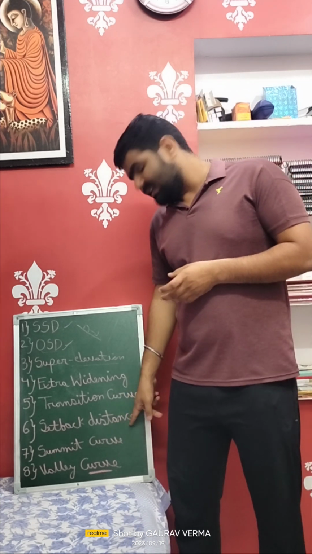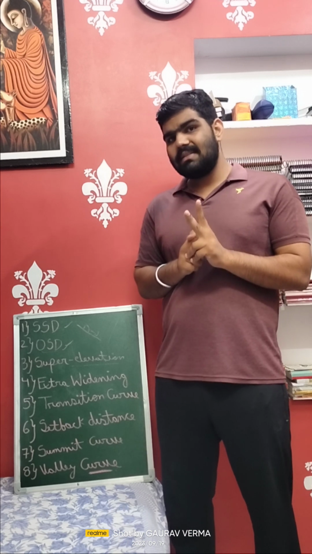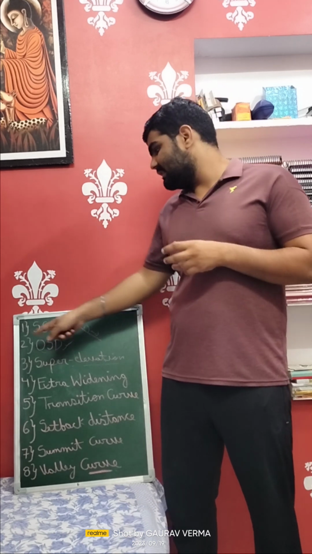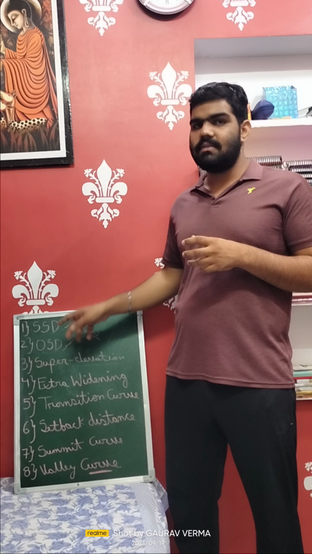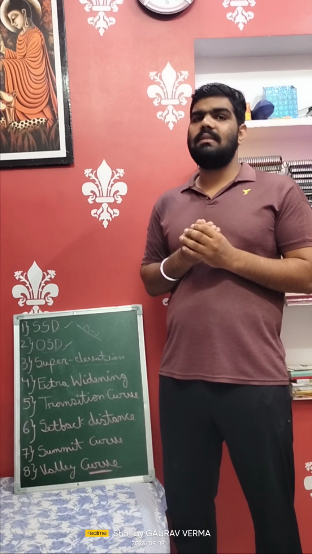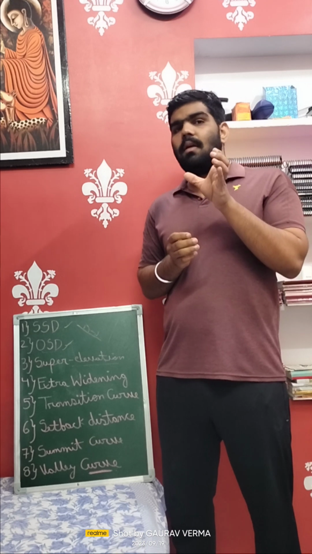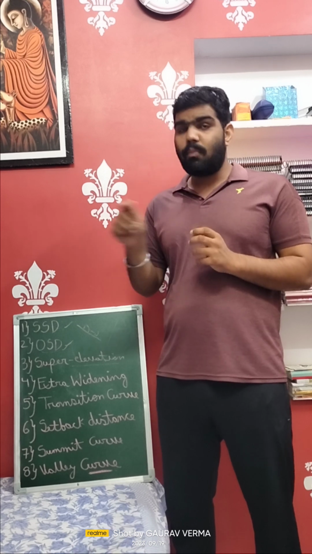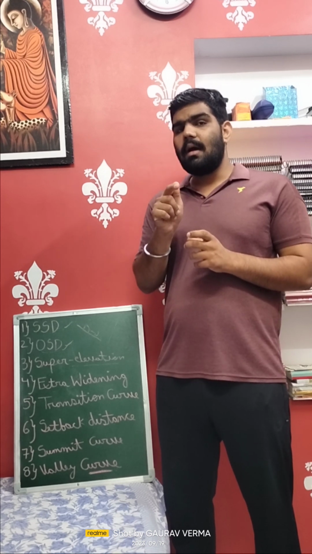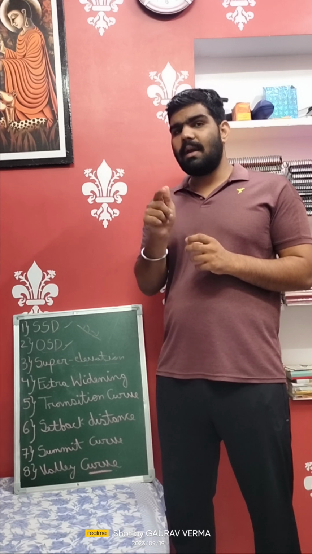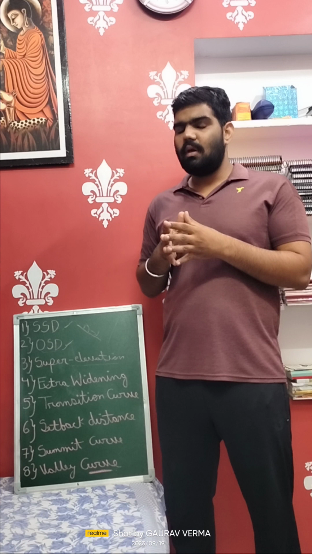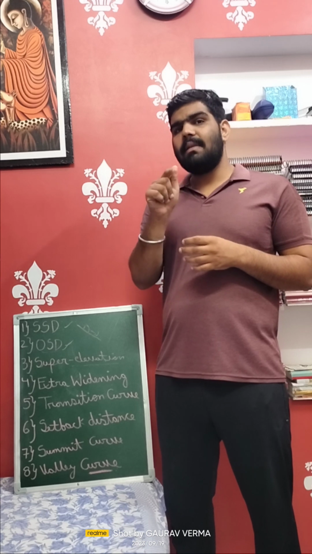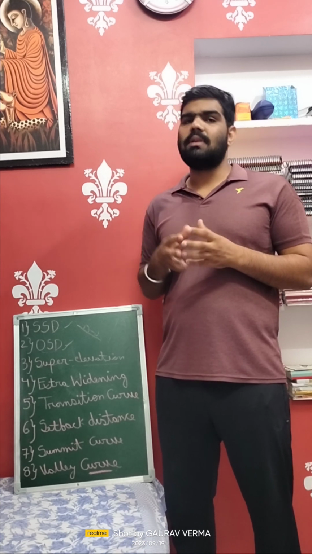Now our topic is setback distance. There are two conditions in setback distance. If the length of transition curve is greater than SSD, that is stopping sight distance, then the formula is alpha by 2 equals SSD into 180 upon 2 (R minus (n minus 1)d) into pi. Now the formula for m is equal to R minus (R minus (n minus 1)d) cos alpha by 2.